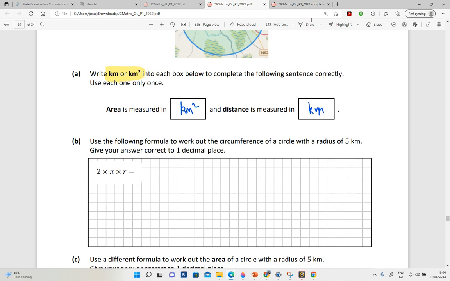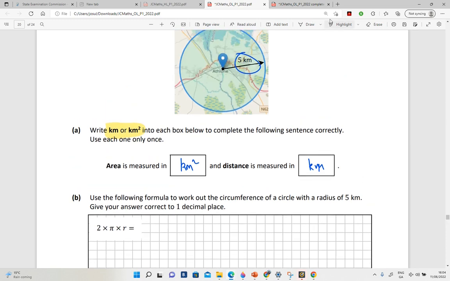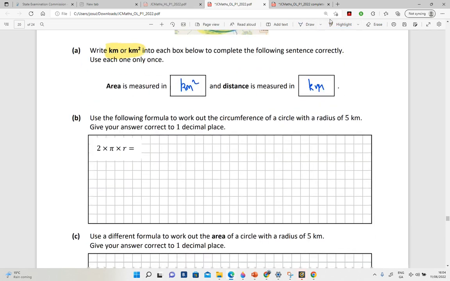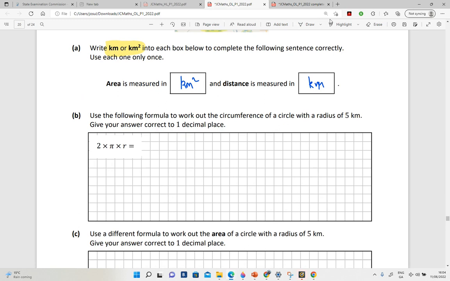So using the following formula to work out the circumference. The circumference is, if I walked all the way around this here, that's the circumference. They've given you the formula first, so it's 2 pi r. So you merely write your formula out, 2 pi multiplied by r, which in this case was 5. So write your 5. So it means it's 10 pi,